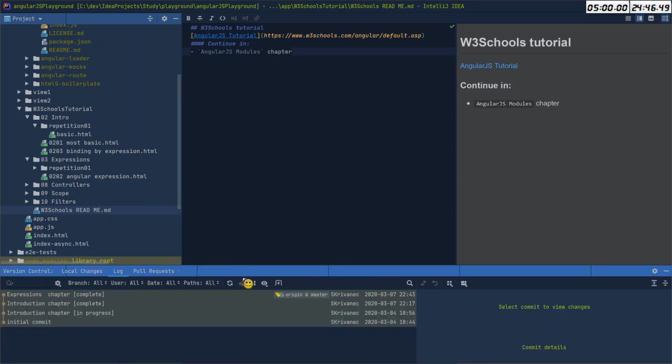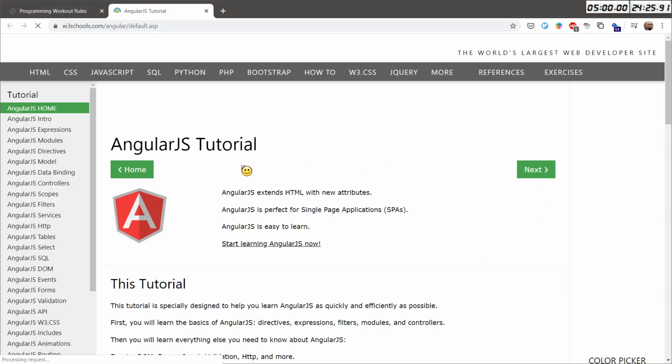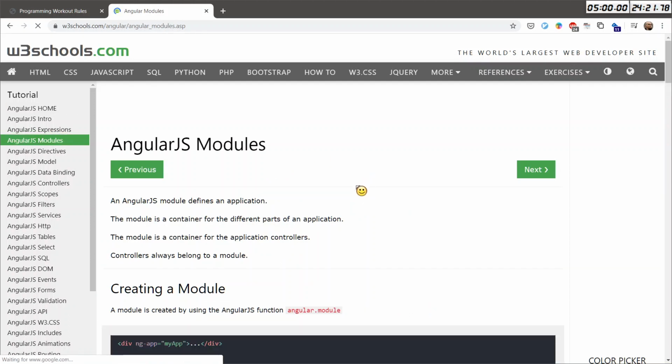What do we have here? Log 7th. That was 2 days ago. Okay. So next thing is to do the AngularJS modules in here. Okay, so maybe I can